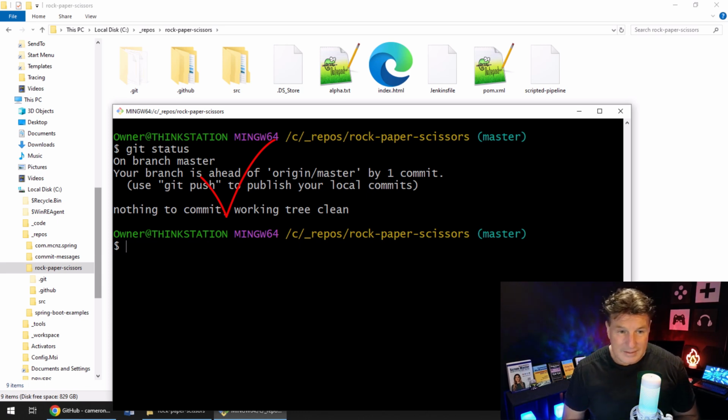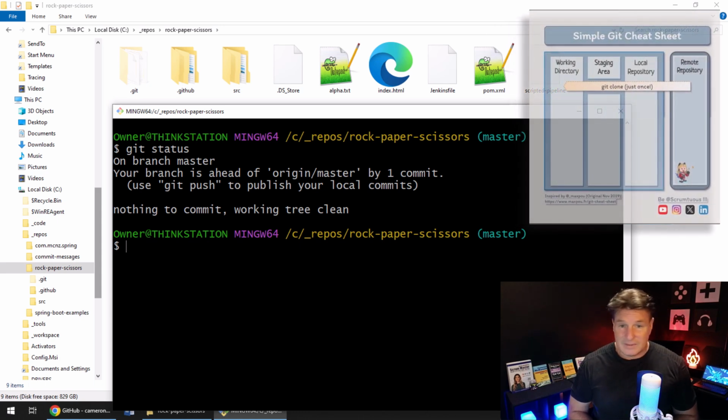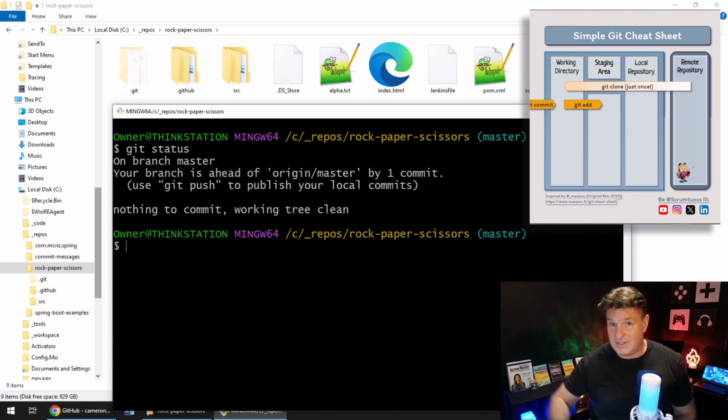Everything looks good. It says your branch is ahead of origin by 1 commit. So, okay, well, that's interesting. Yeah, I did 1 commit. Now, if you actually want your code to get pushed back up to GitHub, you can just issue a